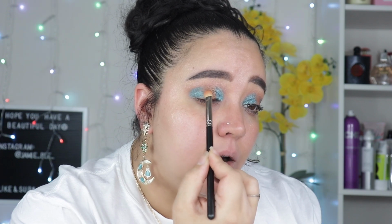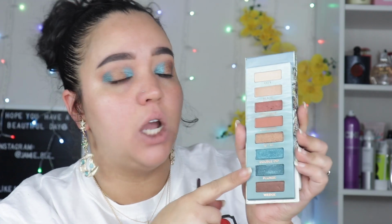Like, this is definitely something different. Usually when I do like a halo, I will do like a matte look and then pop the shimmer in here. But I just figured, why not just do all shimmer? Just bring it to life. I love this palette. So I think I'm going to try to deepen up the crease where the blue is just a little bit. And I think I'm going to do that by using a pencil brush and going right here into